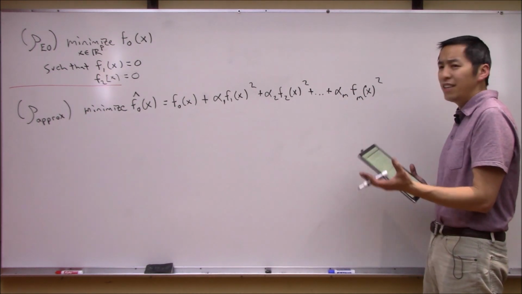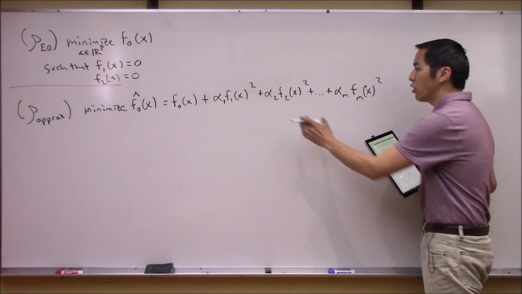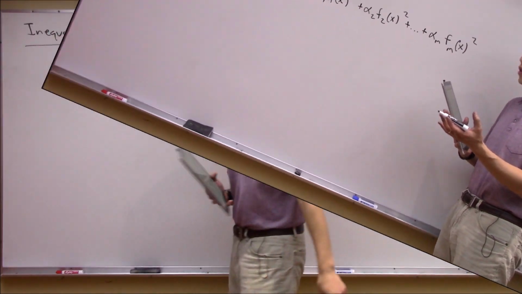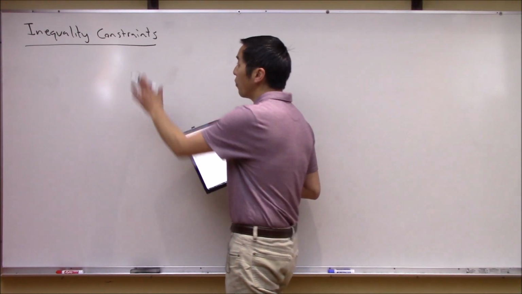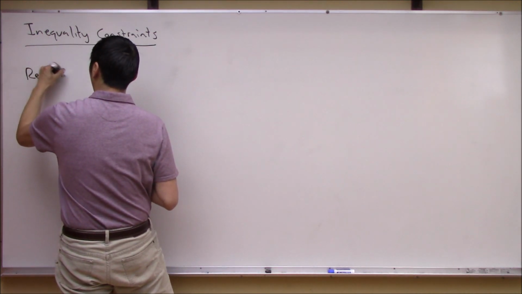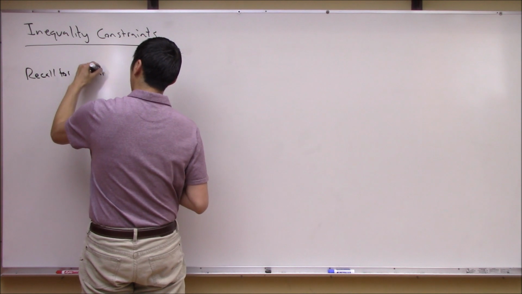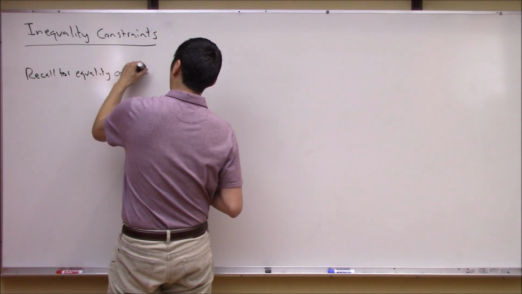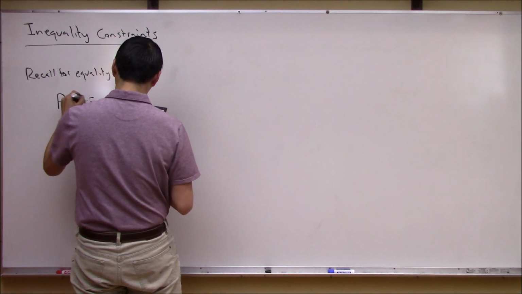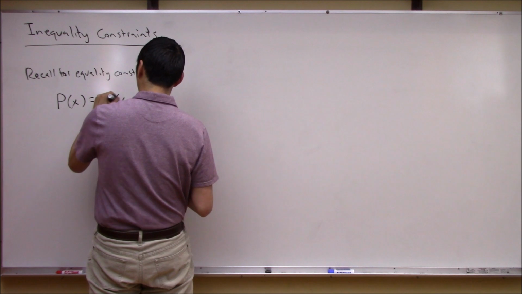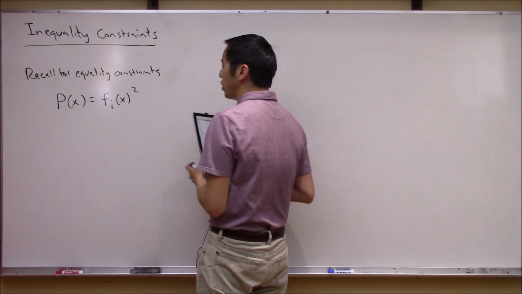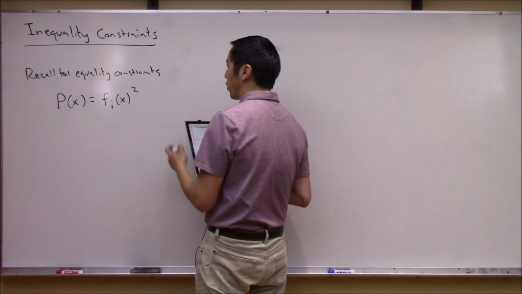And now that we've got an idea of how this operates and how we can handle equality constraints, we can basically take that and try to address inequality constraints as well. All right, so let's take a look at how we can extend this idea to inequality constraints. So just to recall, for equality constraints, the ones we just looked at, we looked at penalty functions, let's call them p of x, of the form fi of x squared. Now, they don't have to take this form, right? This is one that we just chose, and it happens to be a fairly popular one for equality constraints, but